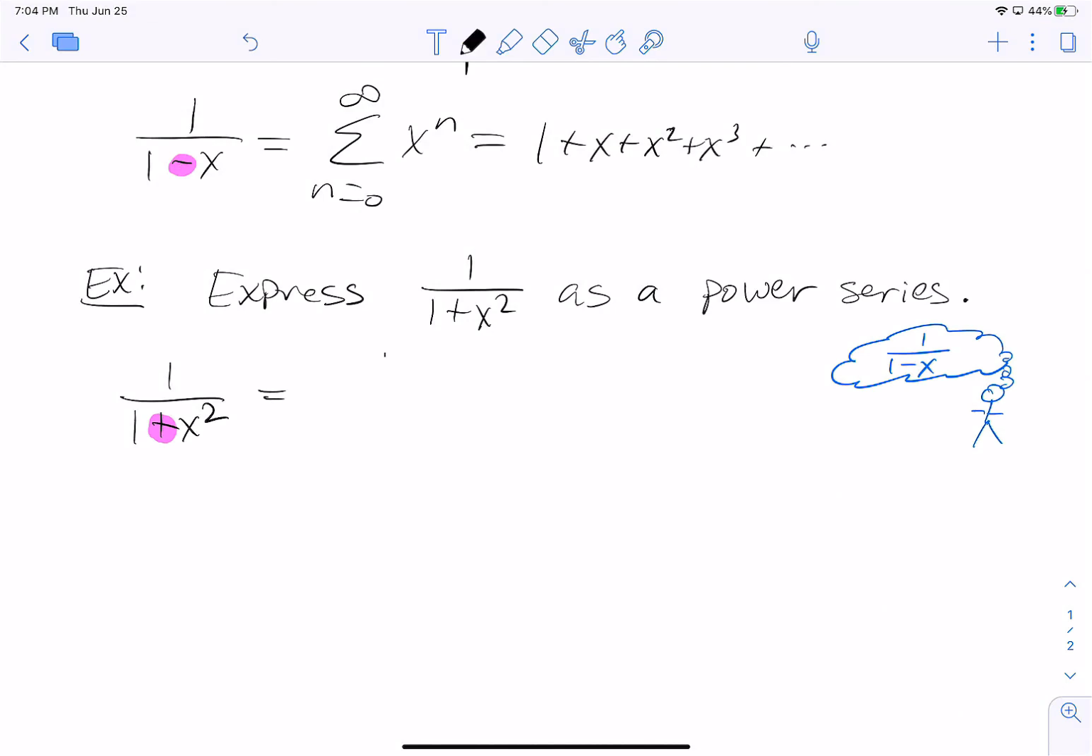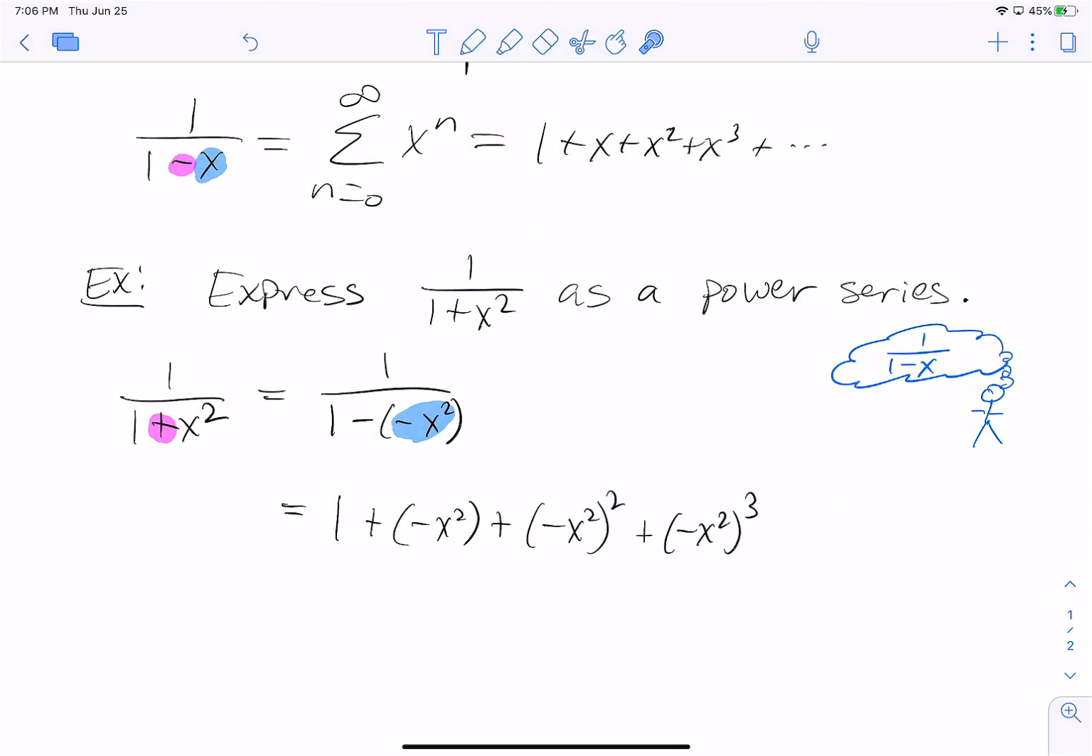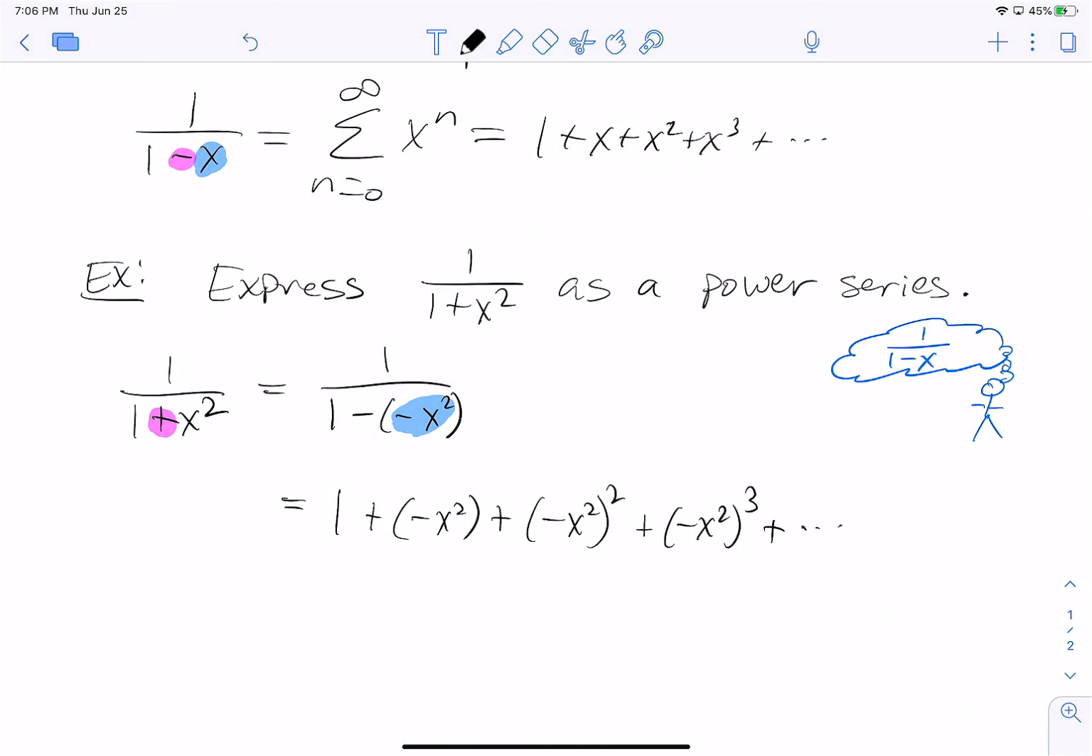I can express 1 over 1 plus x squared as 1 over 1 minus the negative of x squared. Now I have this much of the structure, 1 minus and 1 minus, but now I have another difference here, and it's that I have a negative x squared here instead of an x here. The way this is going to play out is that we have 1 plus the negative of x squared plus the negative of x squared squared plus the negative of x squared cubed. What we're doing is we're replacing the base of x by negative x squared plus dot dot dot,